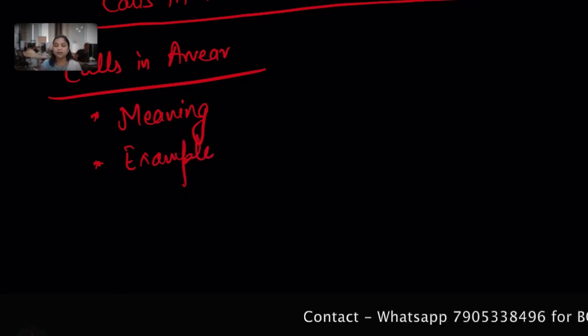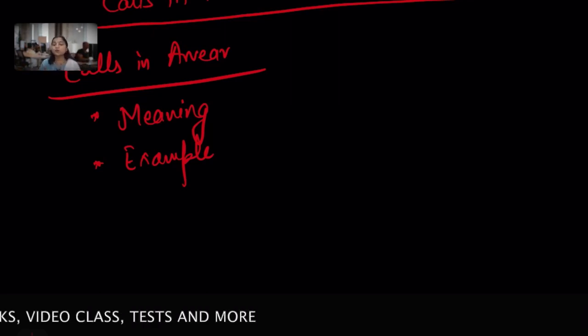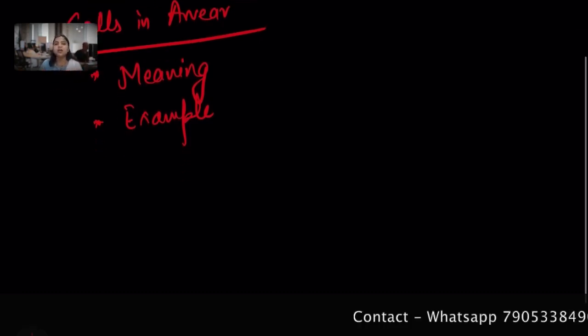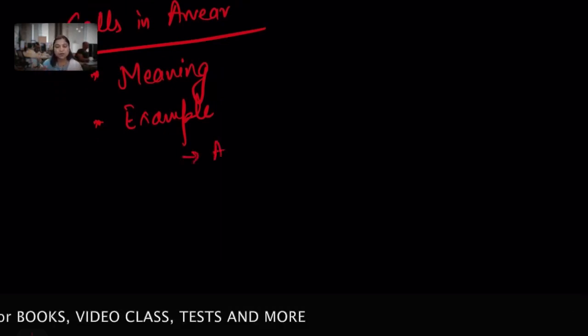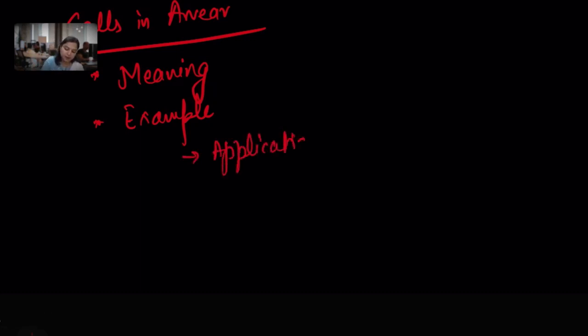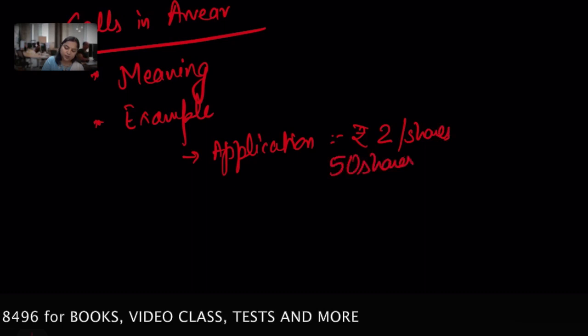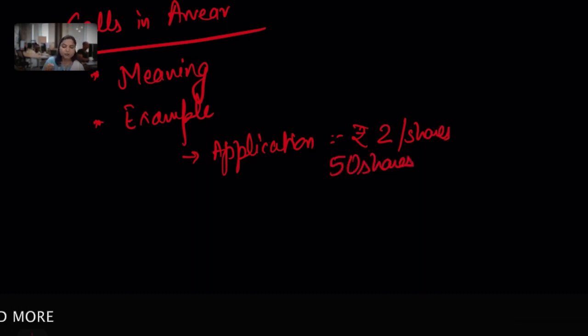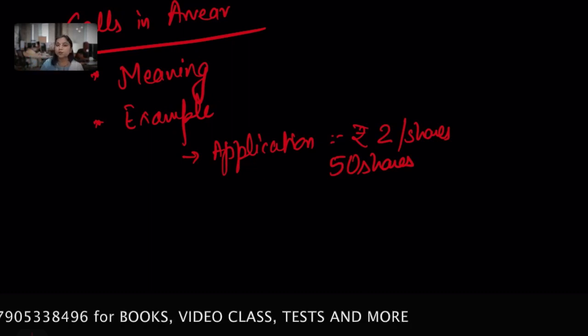So we'll take everything in detail while solving the full-fledged questions, but before going to the questions, I want to frame a picture in front of you. What if you come across a theory question in your examination? Suppose a company has received an application, which means you applied and paid for it. You paid application money of rupees 2 per share and you took 50 shares. I allotted you, on behalf of the company, 50 shares, and you paid an application money of rupees 2 per share.